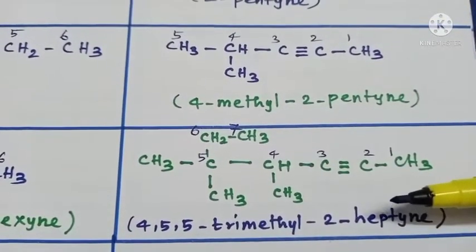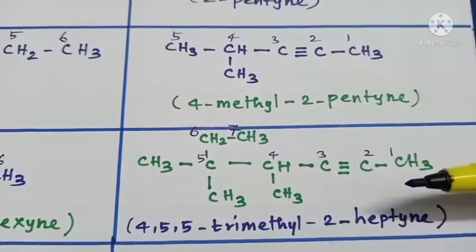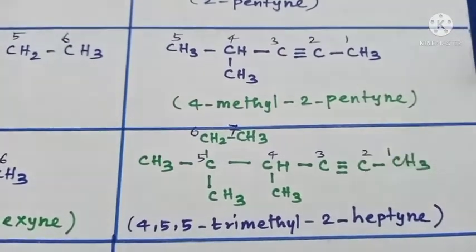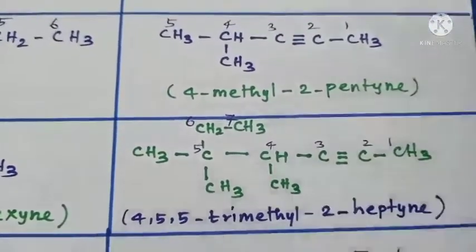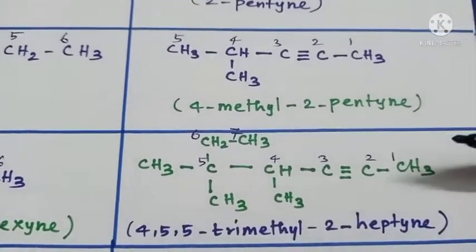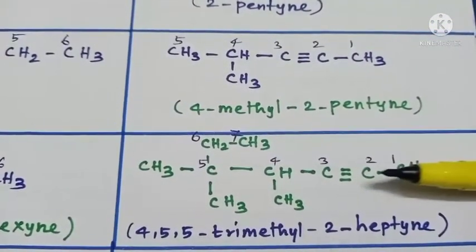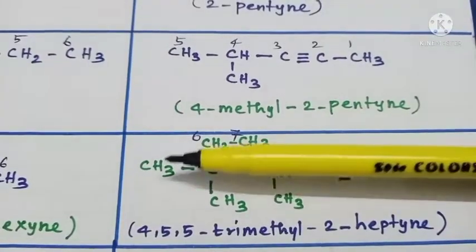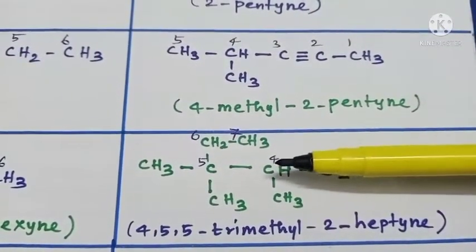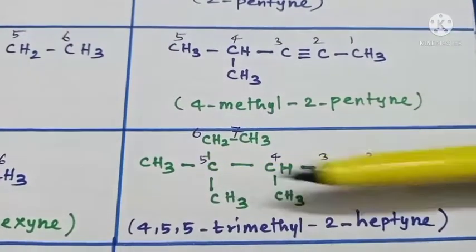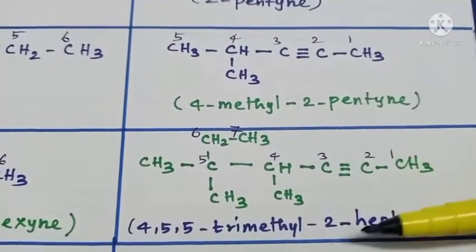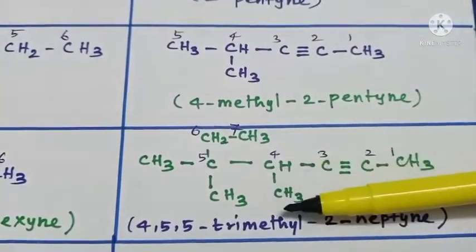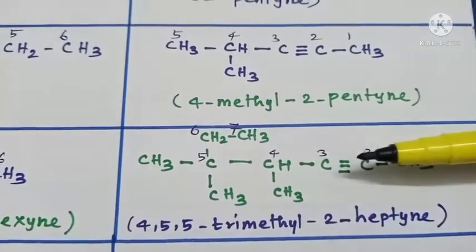So this is supposed to be considered as the longest carbon chain, the parental carbon chain, 7 carbon atoms with a triple bond, so it is heptyne. Then we have to start numbering from the right hand side by giving the least number to the triple bond. Here the triple bond is given preference over the alkyl substituent, isn't it? Right, numbering is done from the right hand side, so now the methyl groups are getting number 4. Fourth carbon there is a methyl group. Fifth carbon there are 2 methyl groups, so it is 4-methyl, 5,5-dimethyl heptyne, triple bond at the second carbon, so 2-heptyne. The complete name is 4,5,5-trimethyl-2-heptyne.